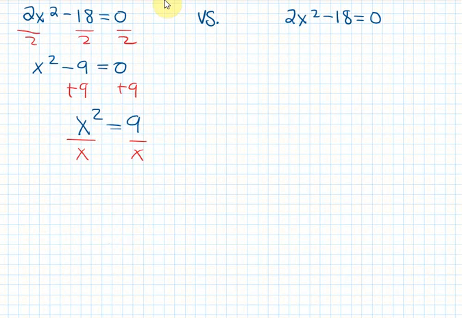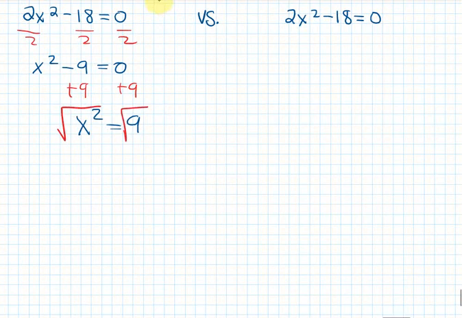So instead, let's think about a new tool, a new skill that you will use here to get this x alone. So remember, with basic algebra, when we add something to both sides, such as in this step, we are peeling away the 9 from the left to the right and we get x squared. Or in the first step, you divided everything by 2 on both sides. So you're used to the 4 basic operations: dividing something on both sides, multiplying something on both sides, adding or subtracting something on both sides. Now, we're going to take the square root